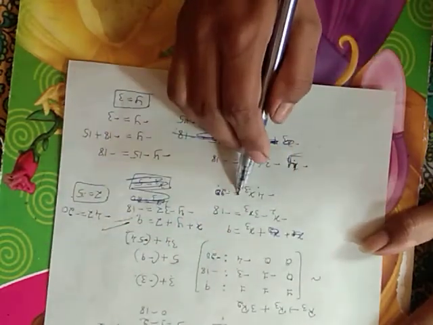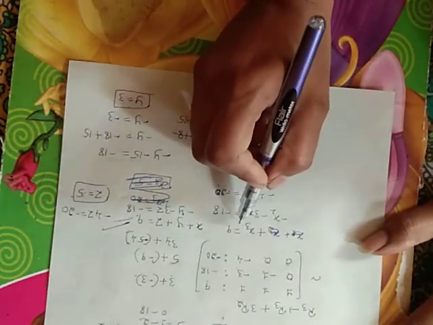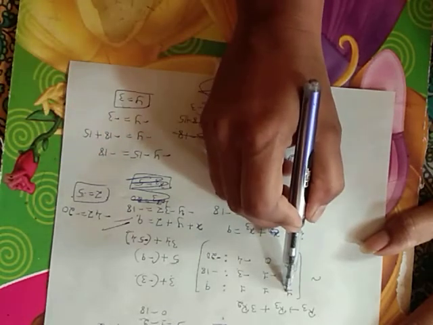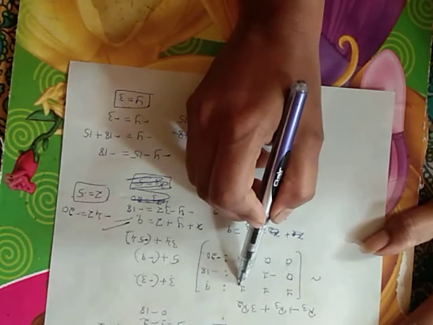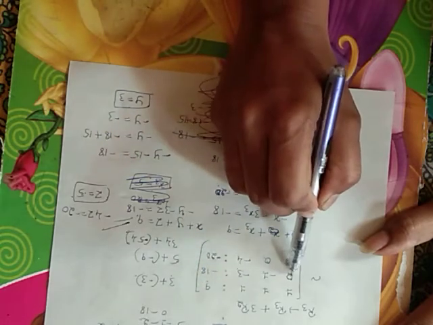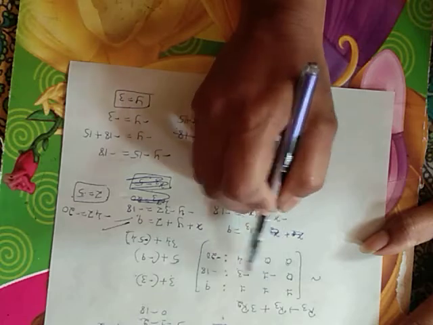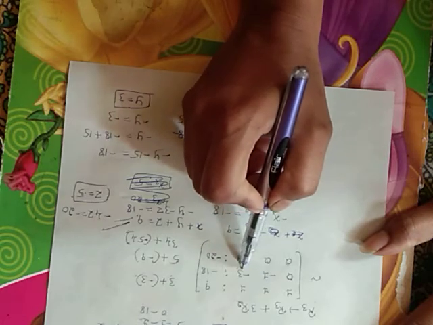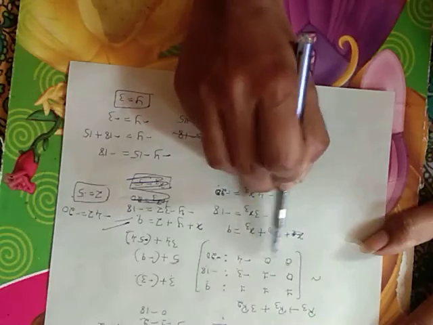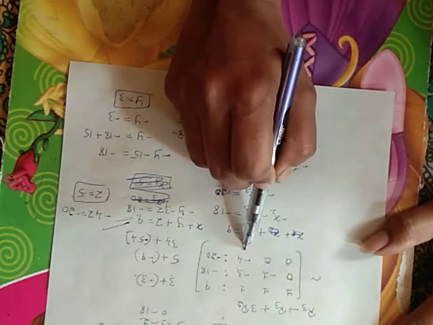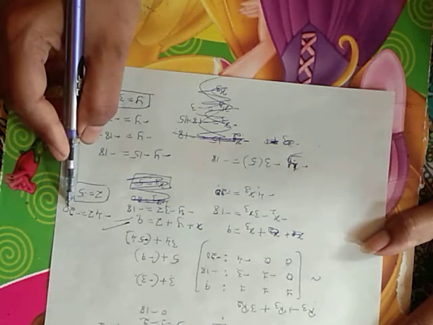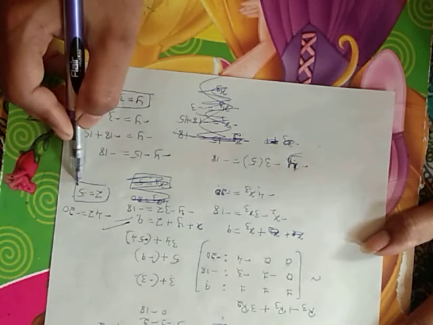Now we have to write down the equations here. First I have written the x1, x2, x3 coefficients. Those are nothing but x, y, z. 1 into x, 1 into y, 1 into z. So x plus y plus z equal to 9. 0 into x is 0, minus 1 into y is minus y, minus 3 into z is minus 3z equal to minus 18. 0 into x is 0, 0 into y is 0, minus 4 into z is minus 4z equal to minus 20. So minus 4z equal to minus 20, z equal to 5.